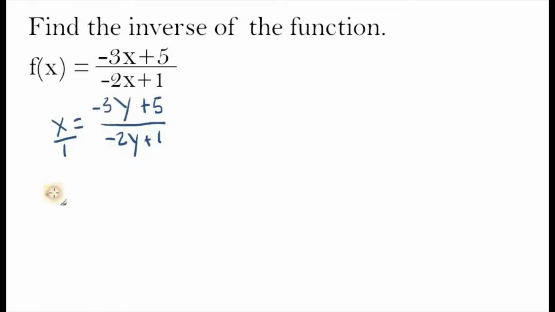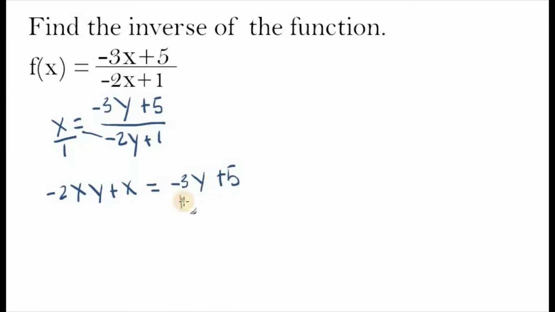You'd end up with negative 2xy plus x, this multiplies over here, is equal to, and then 1 times this would just equal negative 3y plus 5. And all you gotta do is solve for the y